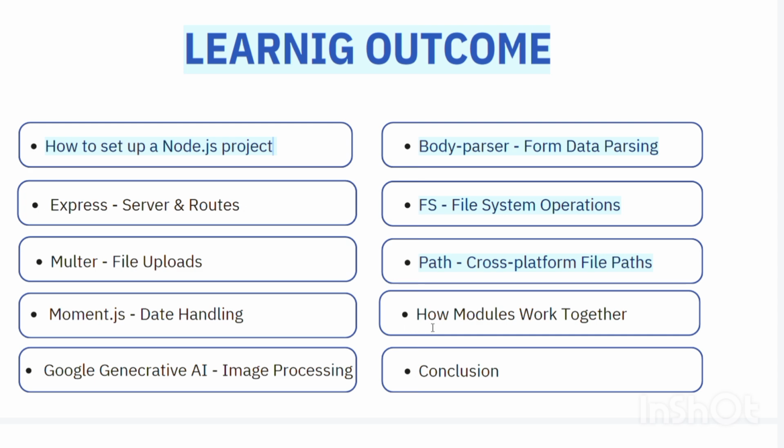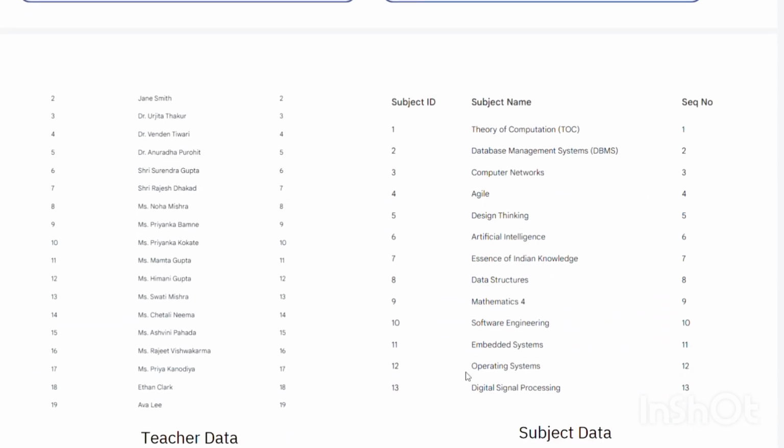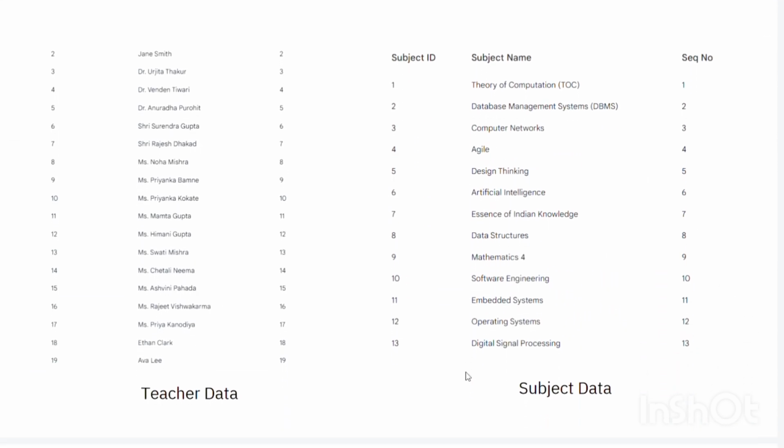Then how different modules work together. For example, how Express and Node.js work together, and Multer and Moment.js, I have learned in this project. Then final conclusion. Then the prerequisites for testing my project: you have to require teacher data in the form of